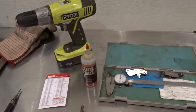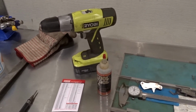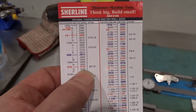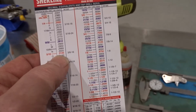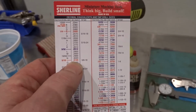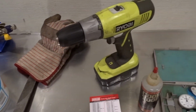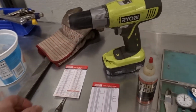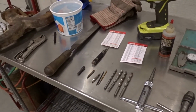If you look, the studs are 3/8-16 thread, so if you look at a drill chart, you will see that a 3/8-16 has a tap drill size of 5/16, which equates to 0.3125. Because we're not really trying to drill the whole entire piece out, we will go undersize a little bit. So we'll probably go up to like a 0.290 drill size, especially considering that you're not going to get it